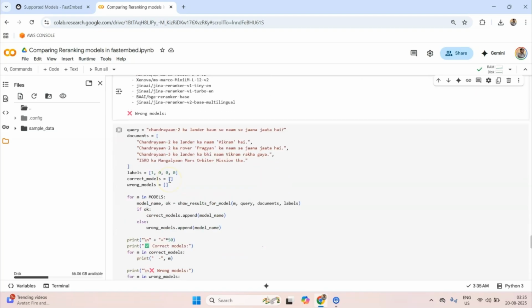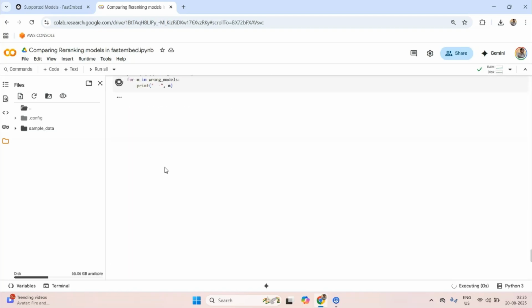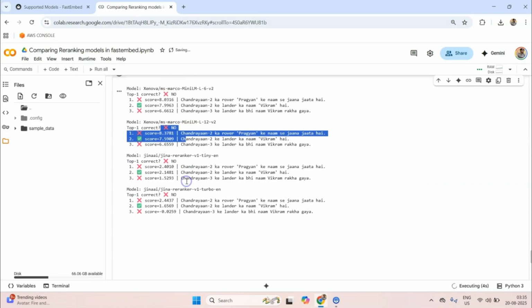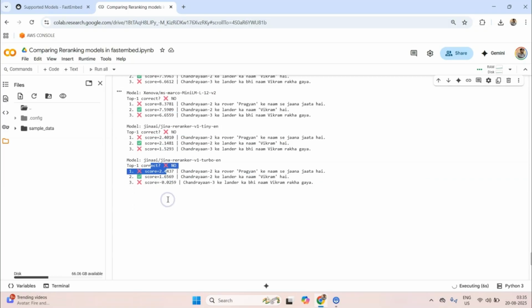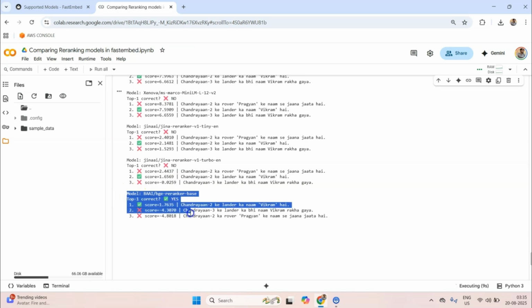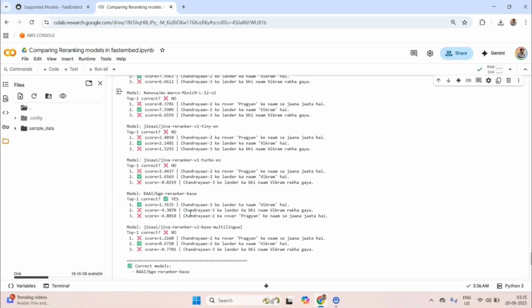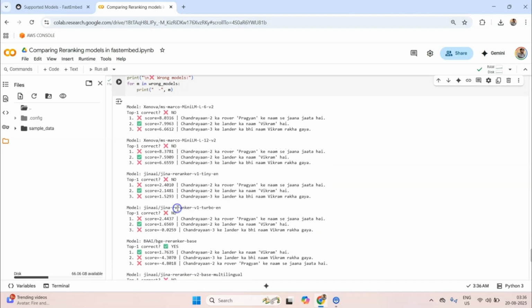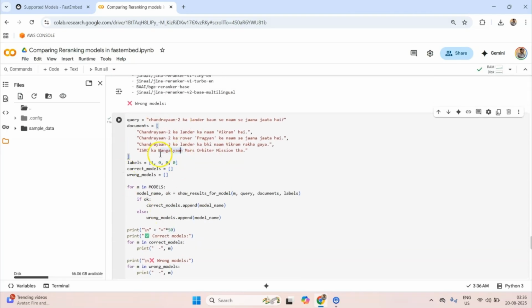And now here's the real test, and if I run this time, it failed. But this BGE re-ranker, which was failing in the first example, surprisingly is the correct one in the language arrangement. Okay, so now I think that is what I wanted to test.